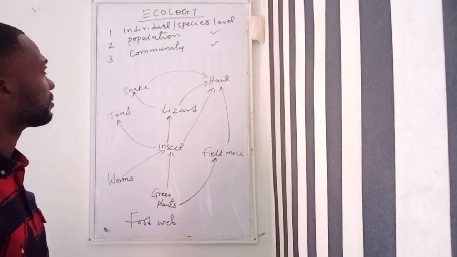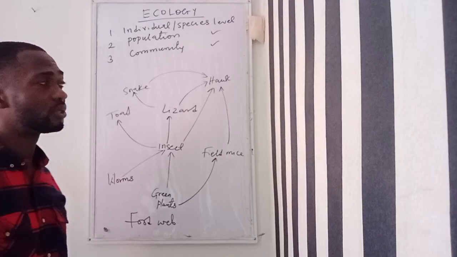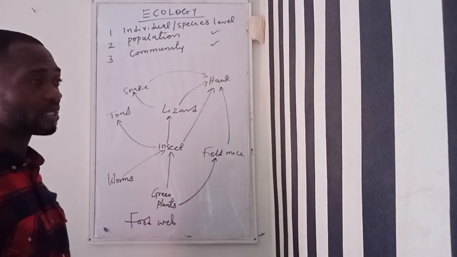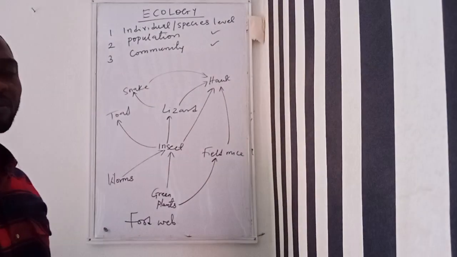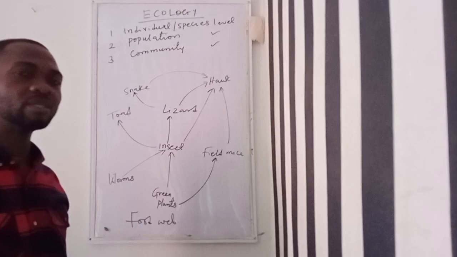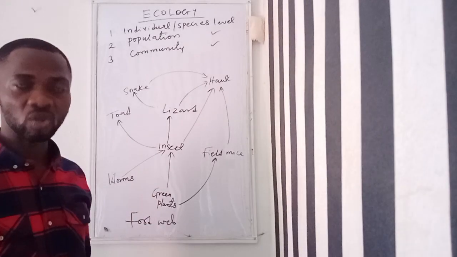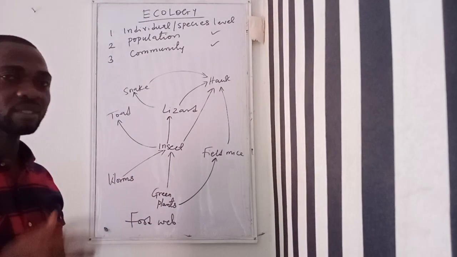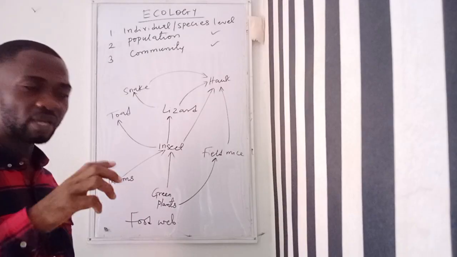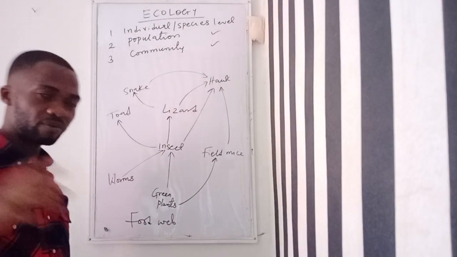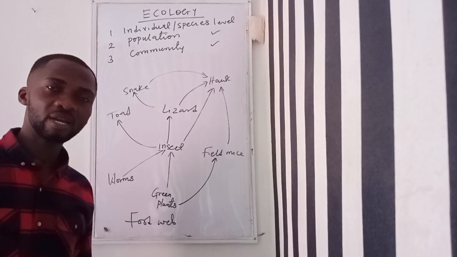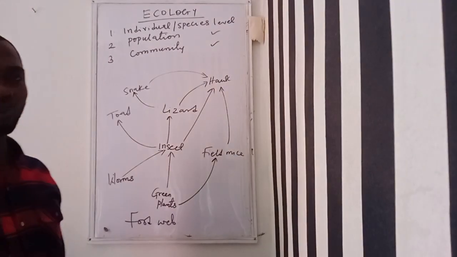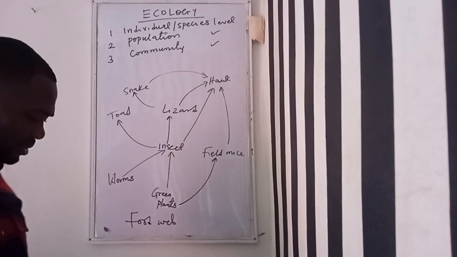Then, of course, we have the death rate, the rate at which individuals are lost or eliminated within the population. And when we talk about the birth rate, we're talking about addition of individuals within the population. So these are some of the characteristics. We have others like